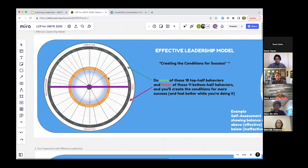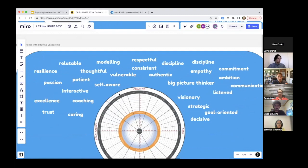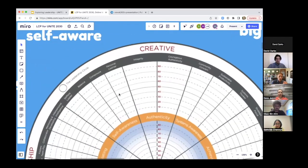So I think the best models take things that you already know and organize them. And so we asked you earlier, what is it that the best leaders do? And you said a number of things. And so Brody here, maybe and team, has been quickly scribing those over from that Wordle. The best leaders, you said, were interactive, and they had discipline, and they had empathy, and they listened, and they were respectful, and they pushed you, and they listened to you, and they coached you. So all these behaviors, this sort of cloud of behaviors, can actually be roughly distilled, or more accurately distilled, into